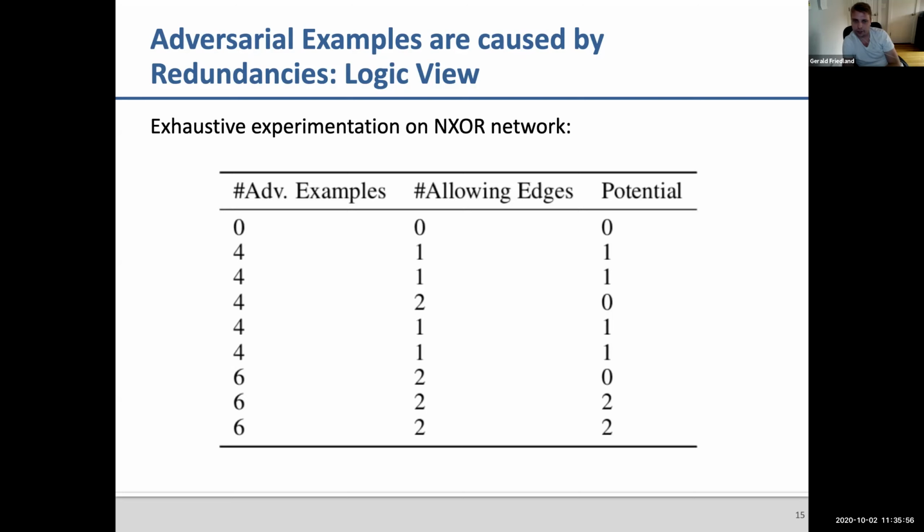And now we find out, yes, for any other weights than 0, we will always find adversarial examples. That means we can even count them. If you have one allowing edge, then it's 4. If you have 2, it's only in one case 4. Other than that, it's 6 adversarial examples. So for all the cases we now have adversarial examples based on the value of x3, which doesn't matter. For the actual function that is super well defined, we get wrong results.